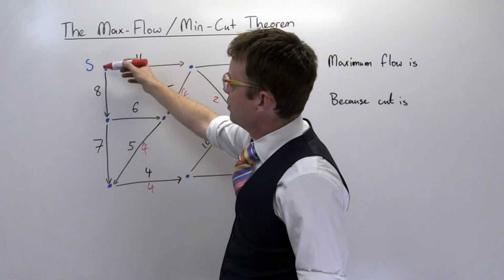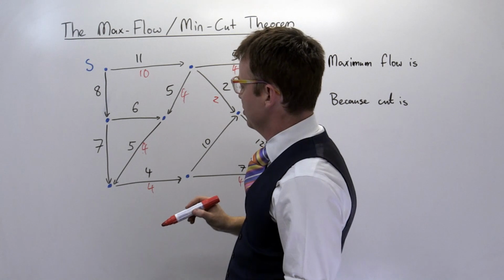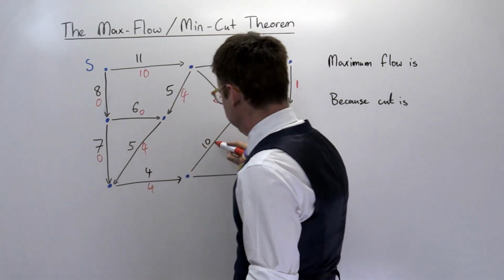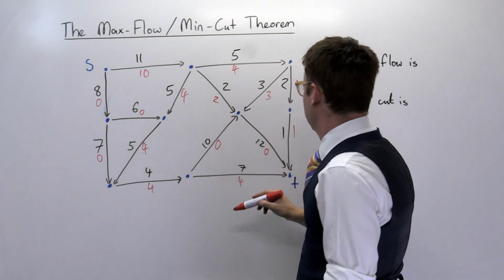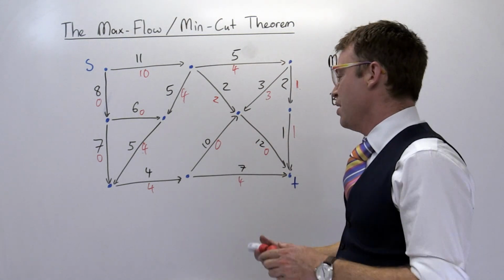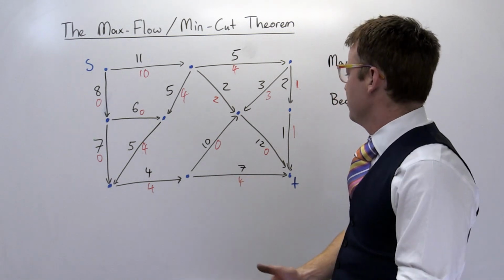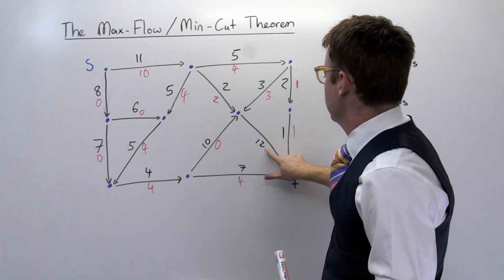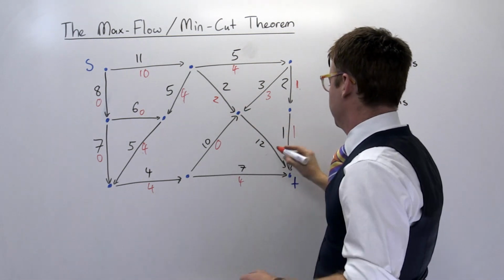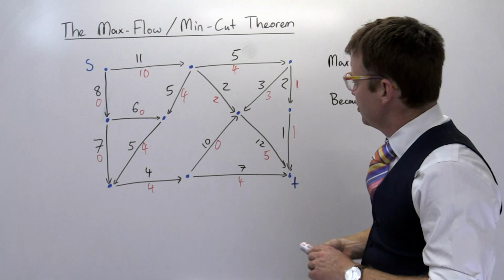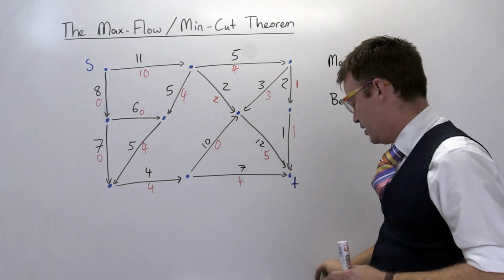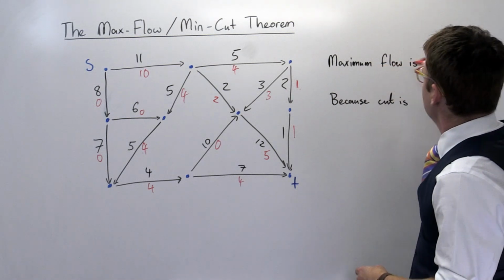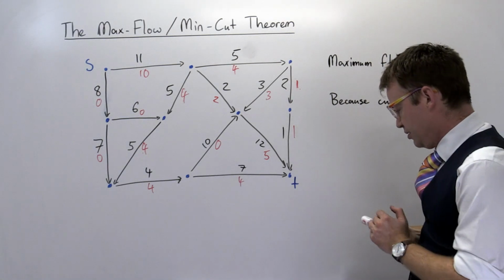Like I can't shove any more down here because I'll just get stuck by the 4. So I don't use this at all. I don't use that at all. I don't use that at all. Empty, empty, and this is my network. So I'm just feeling that my flow is actually, now let's see. Oh, I did use that one that had a 5 coming through. So my flow here is 10. And I've got a pretty good feeling that my maximum flow is 10 because